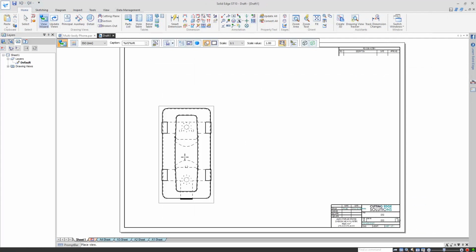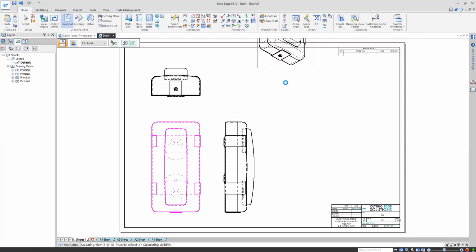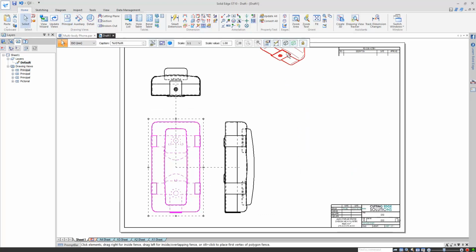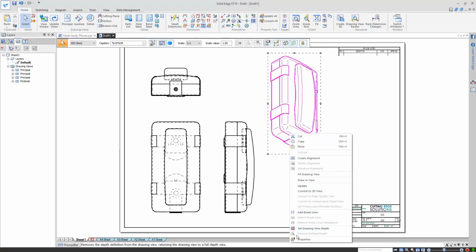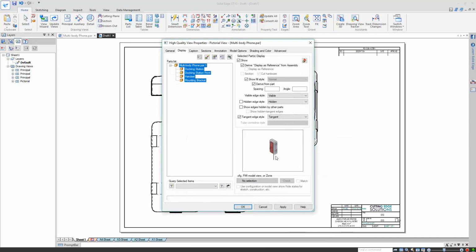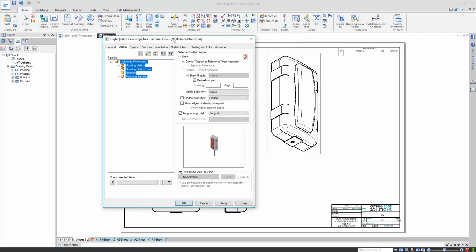As I'm placing views here, you can probably see this looks exactly like an assembly. Let's start drawing view properties, though, to show you what to expect. Here are the 4 solid bodies, as expected, and if you select them individually, the Show Hide checkbox will allow their display to be more accurately controlled. I'll go ahead and change the display for this isometric view to shaded, but before closing and updating, if you